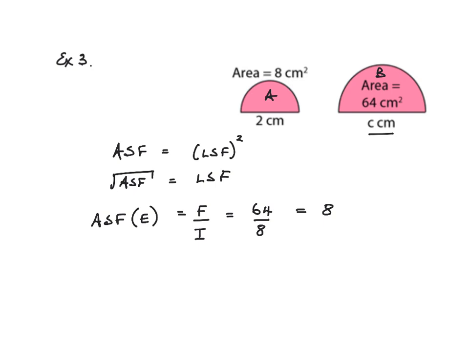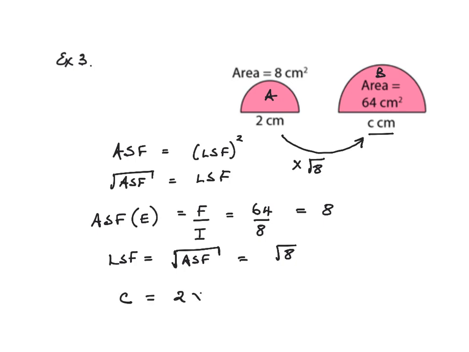So area B is 8 times that of area A. Now, the length scale factor, which is what we wanted, is found by taking the square root of the area scale factor. So it's the square root of 8, which is a slightly awkward number, but we can use it. So that means that to get from the 2 centimetres to this missing value here, we multiply by the square root of 8. So C equals 2 times the square root of 8, which is 5.67